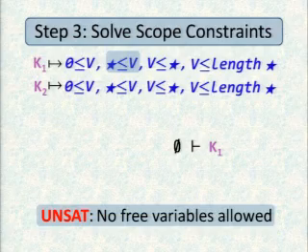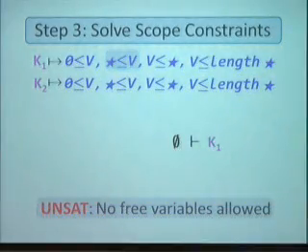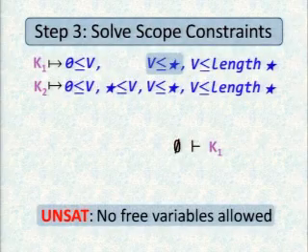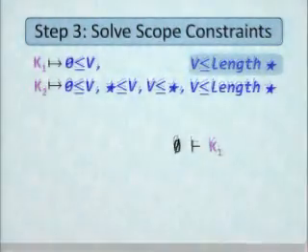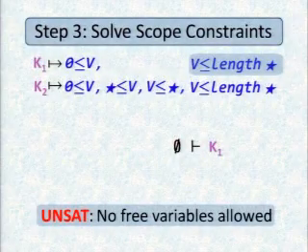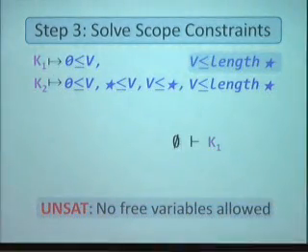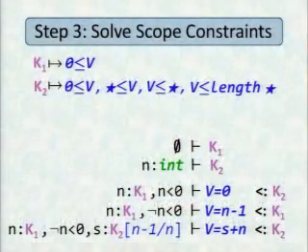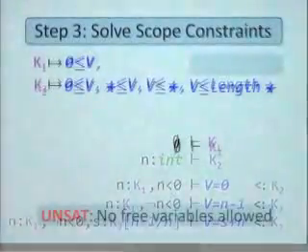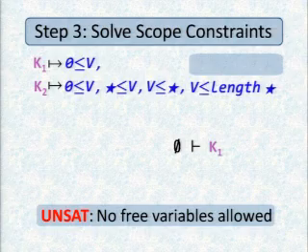Okay, let's move along. v less than star. Well, there are no free variables that are allowed. The star can't be anything because no free variables are allowed. So just throw it away. Moving along. v less than star, for the same reason. Nothing can be plugged in. There are no free variables. Let's move along. v less than length star. There are no free variables allowed, let alone any array variables. So you can only instantiate star here with variables that are arrays, because only then does length of A make any sense. There are no array variables, so you nuke it. So at the end of that pass, for K1, the only qualifier left standing is 0 less than v.